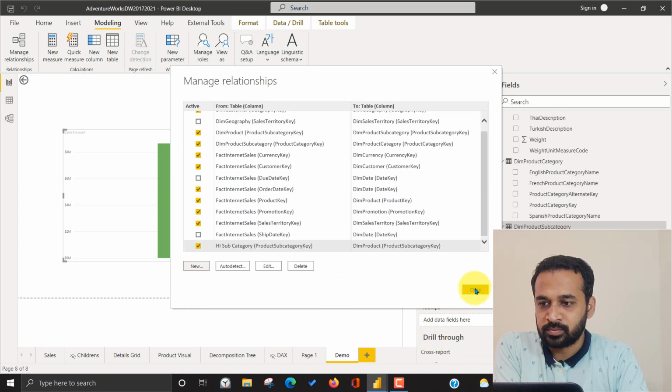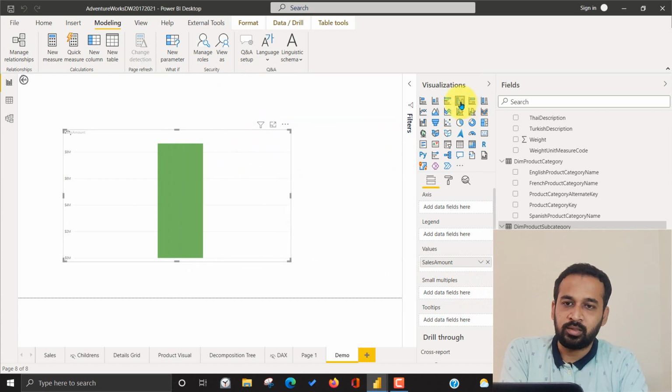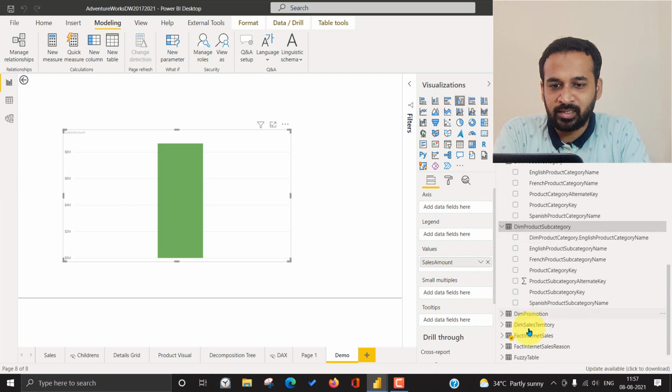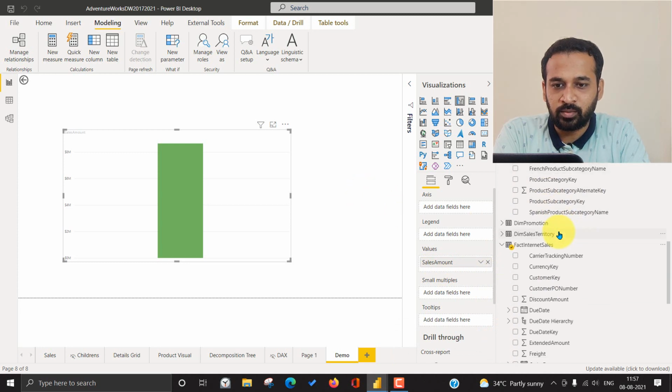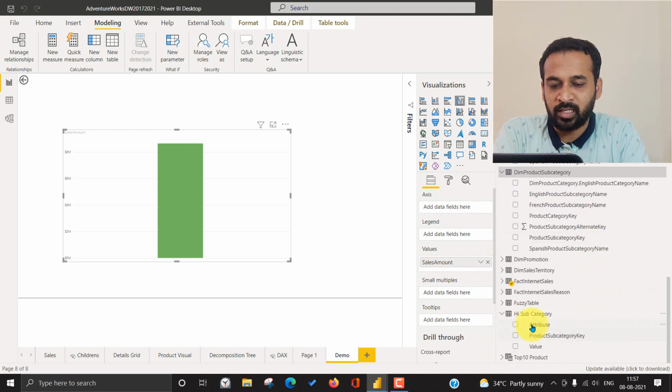Now close. So here I have added one clustered column chart, and I have added the fact internet sales sum of amount into this column. Now I want to add the one which we have created. Yeah, here's the one. So here we have attribute and value, right?